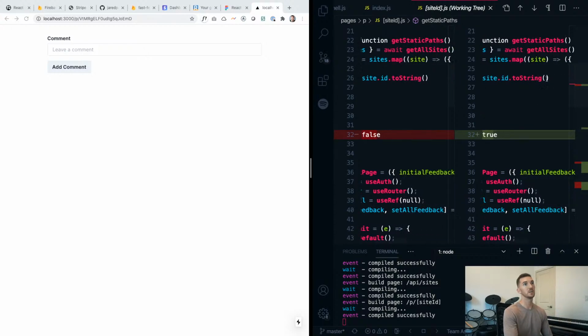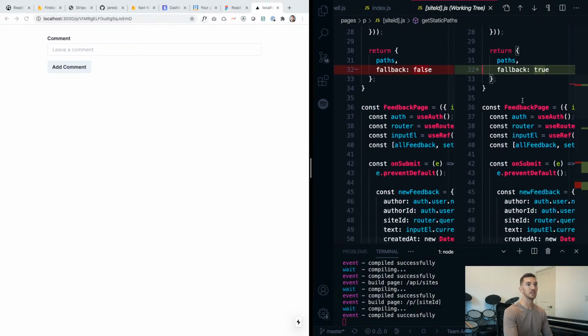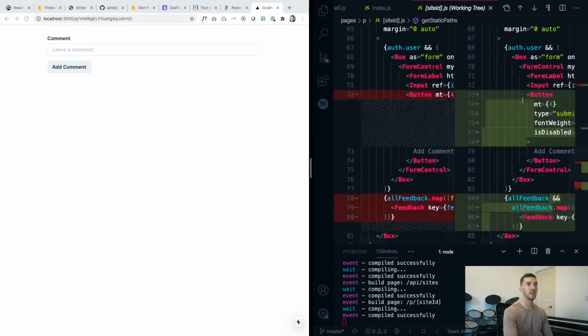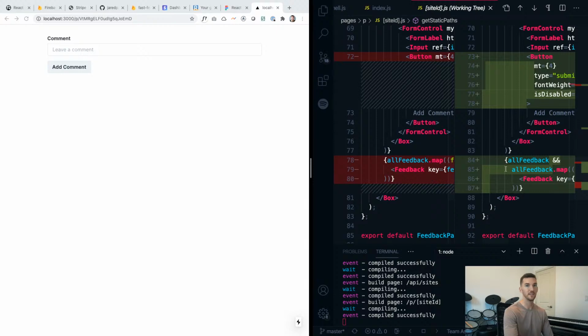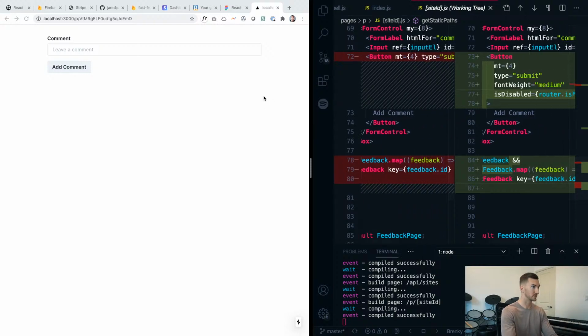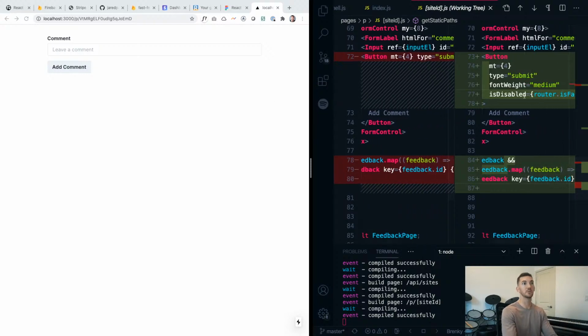So what it's going to do is it's going to fetch the information about the site and then forward that down to the component. So only if we have feedback, if this is rendering in a loading state for the first time here, we're going to wait to render that feedback. So this allows us to build this page on the fly and not have to worry about waiting for a full rebuild. I also made it so that if for some reason things were going really, really slow,